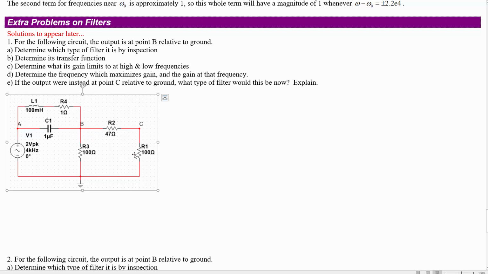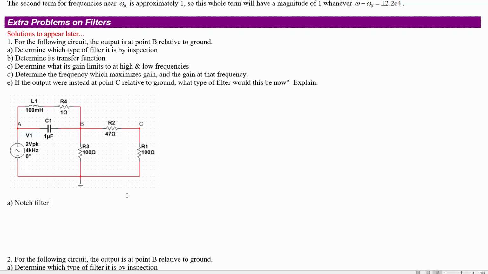So then think about how that is going to affect a voltage divider. If the top network of the voltage divider goes to 0 impedance compared to the bottom, then we've got a gain of close to 1 because we're going to have this impedance divided by this plus this one. And if this is 0, then that is just going to equal 1. So at extremely high and low frequencies, we've got a gain of 1. Whereas somewhere in the middle, we've got near infinite impedance here, and that's going to mean we've got this impedance divided by this impedance plus infinity. So that means we're going to have 0. So this is a notch filter